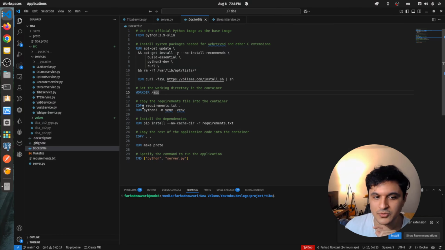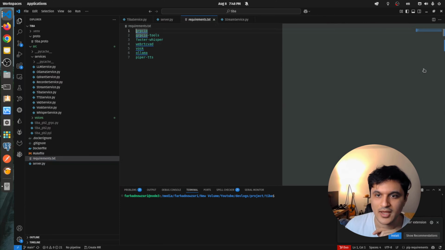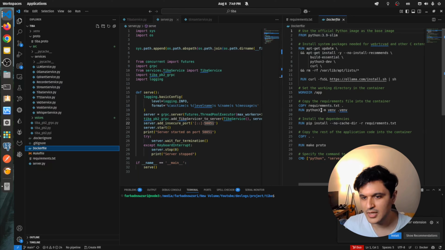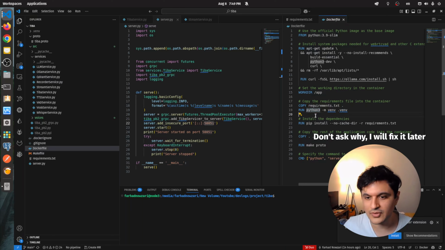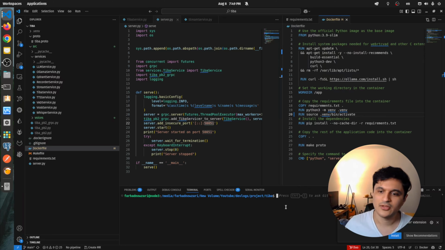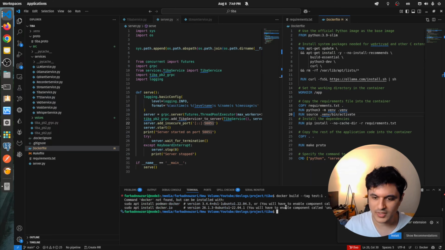Then I'm going to copy my requirements text, which are these ones, into the container, into the image, and then I'm going to say, okay, now create a new virtual environment. And one thing which I forgot to do here is, of course, to activate this virtual environment. Just to be safe, before we push anything, I want to test this. So I want to say test one, and then